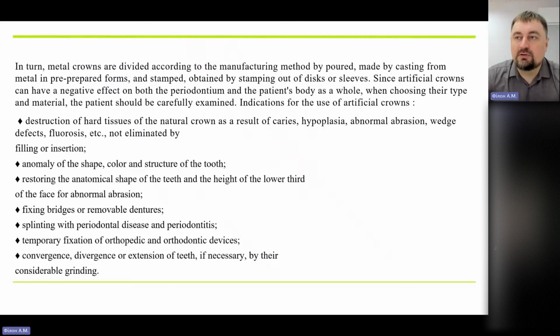Now is a period of prosthetics when we are not using many impressions, and we are using scans, scans and computer design of prosthetics. And nowadays it's better. We can get a good result, and